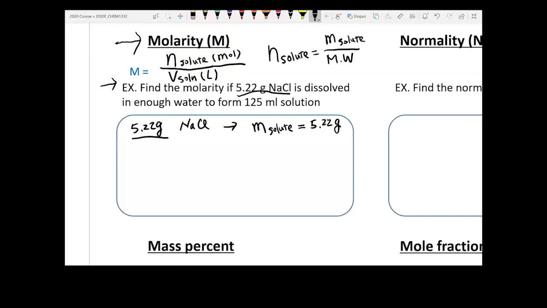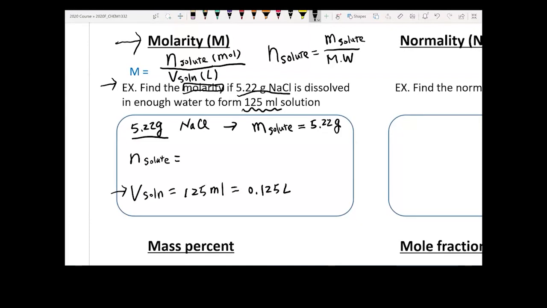The thing you want to calculate is your molarity, which means you need the number of moles of your solute and the volume of your solution in liters. You have 125 ml of solution, so your V solution is